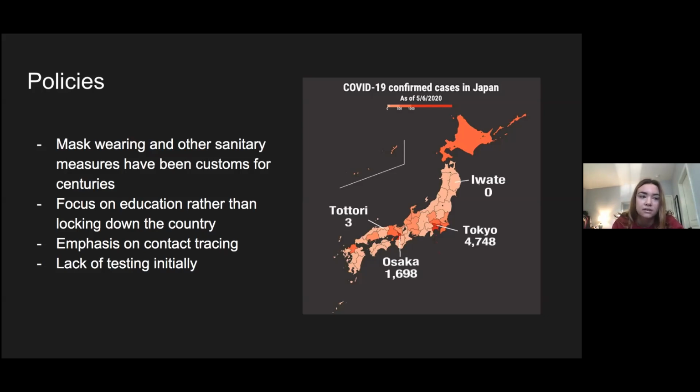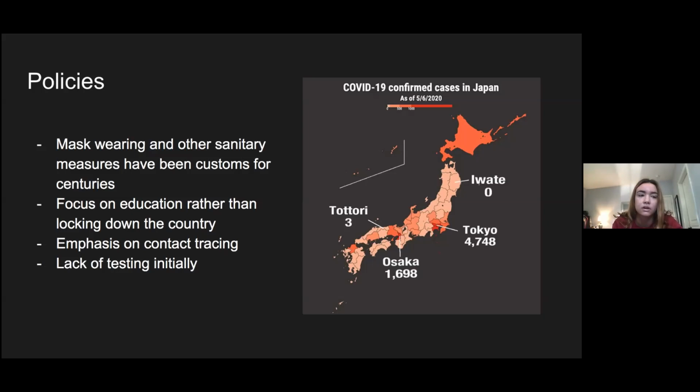And although Japan's testing has increased significantly throughout the pandemic, they started out only testing the symptomatic and severe cases, providing a greater emphasis on contact tracing. And Japanese contact tracing was rather innovative on the global scale because instead of identifying who the infected individual could give the virus to, they were more focused on where the infected individuals got the virus from. And they discovered that in most cases, transmission occurs through specific super spreading events.